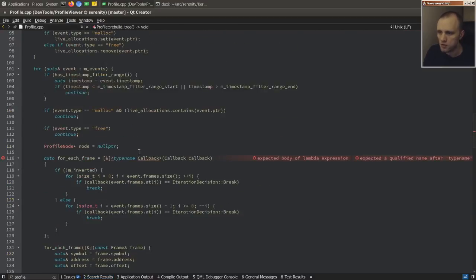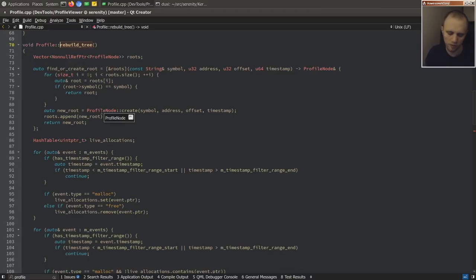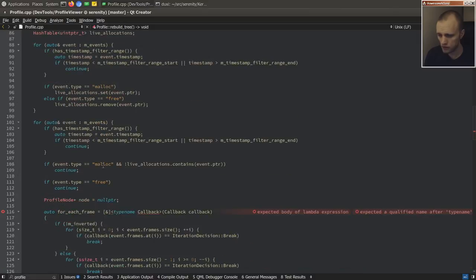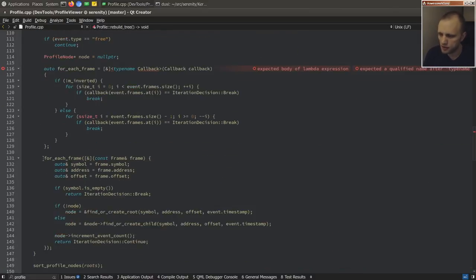Okay, so when we rebuild the tree, the profile viewer sort of rebuilds the tree whenever you change the settings, because you can invert the tree and then you get it sort of flipped upside down where the innermost become the outermost stack frames. And so we're always rebuilding the tree based on your settings, and here is what we're doing for the stack frames. So we walk them